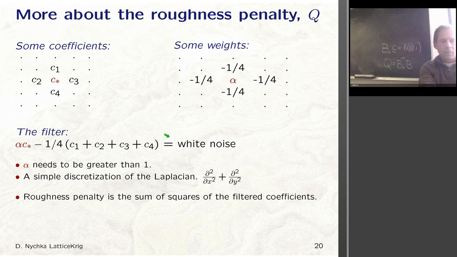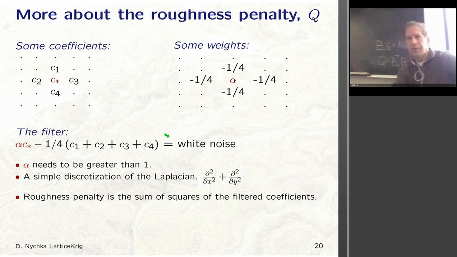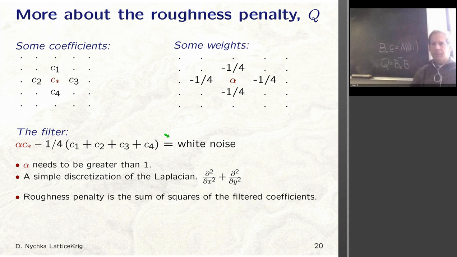But I think now if you just look behind me, you can see that. So just to recap here, B is a sparse matrix. The precision matrix is going to be also sparse because it's B transpose B. Q inverse need not be sparse, and the